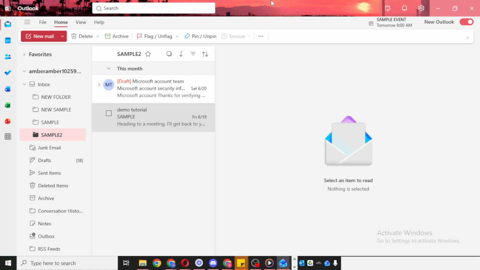This is a very simple setting, but it can really improve visibility and make daily email tasks more comfortable, especially if you spend a lot of time inside Outlook. And that's it. Once Outlook is open, just click the arrow at the top to expand the window, and you'll be able to use Outlook in full screen mode.